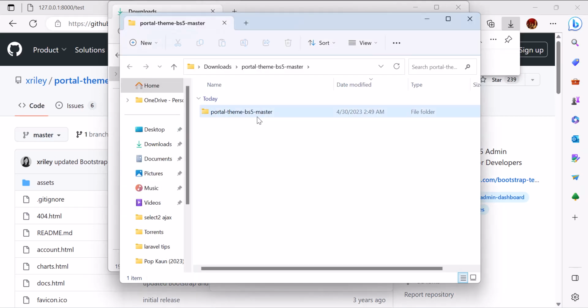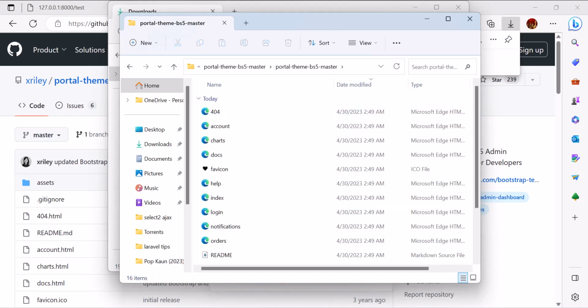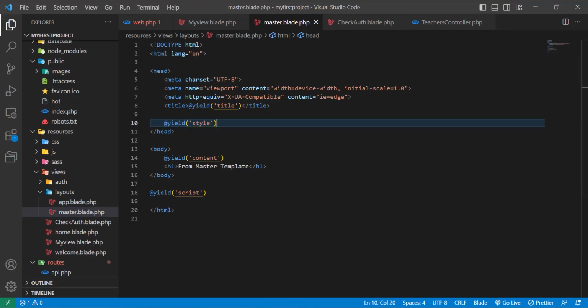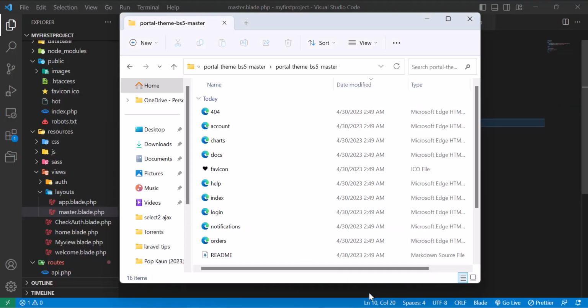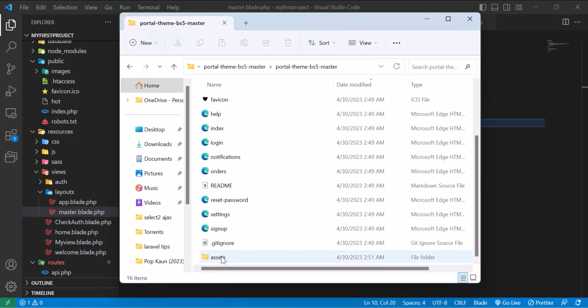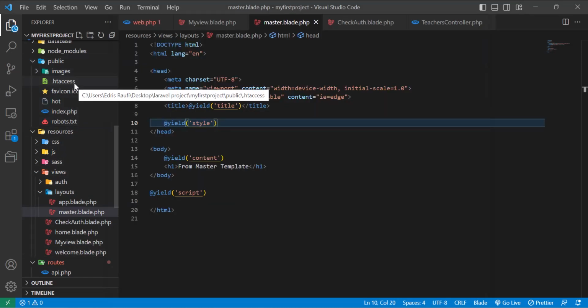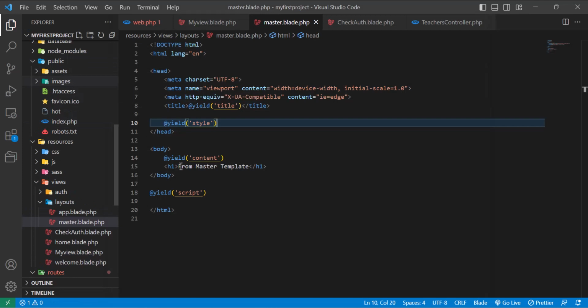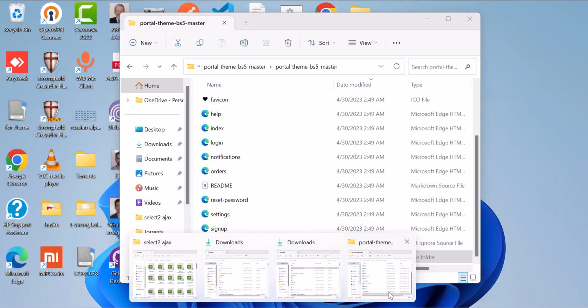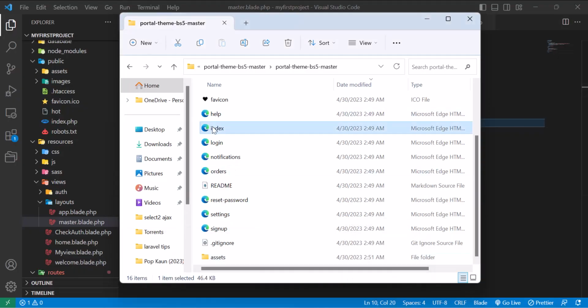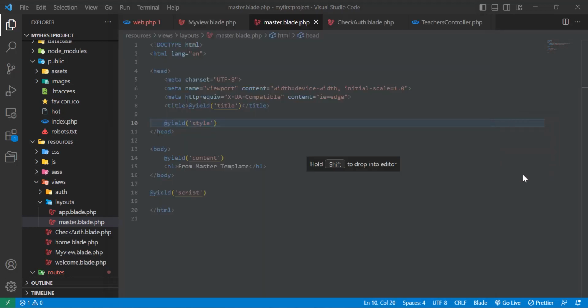Now I am going to open this folder and put it inside my project. So to do that I will copy the assets folder here, put this assets folder inside my public folder